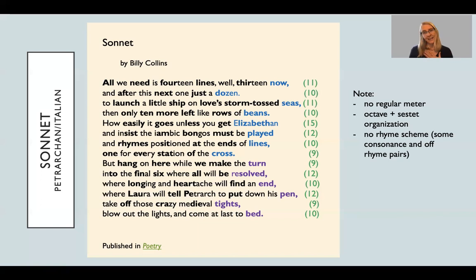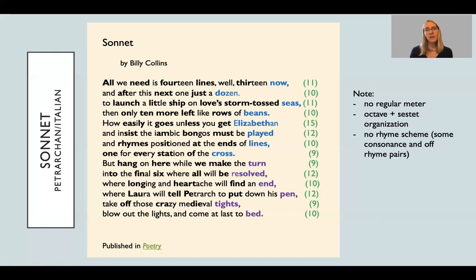So again, in my opinion, I find this poem a little bit humorous. Collins is kind of thinking about writing a sonnet, and that becomes the content for his poem, kind of working through that form and the choices that the poet is making. Very different feeling, at least for me, reading it out loud. I did not get into that groove of the iambic pentameter, and so I had to be a little bit more mindful as I was navigating.